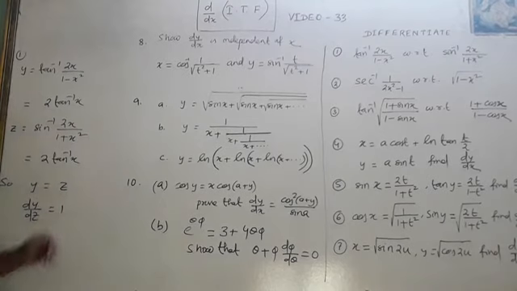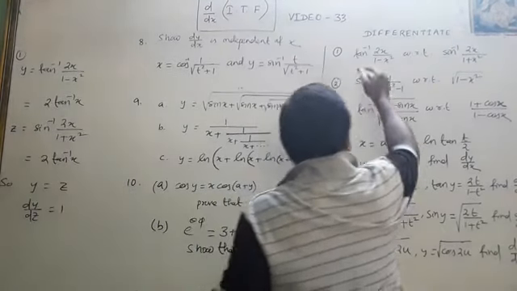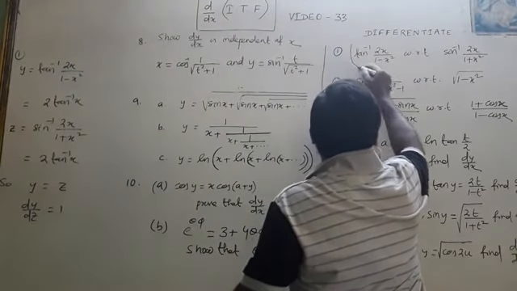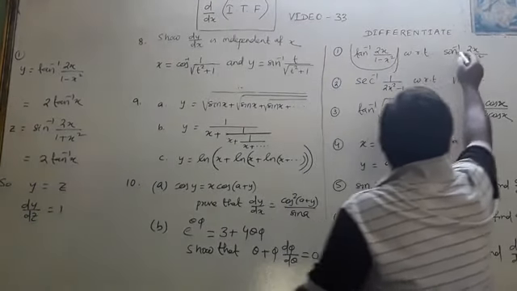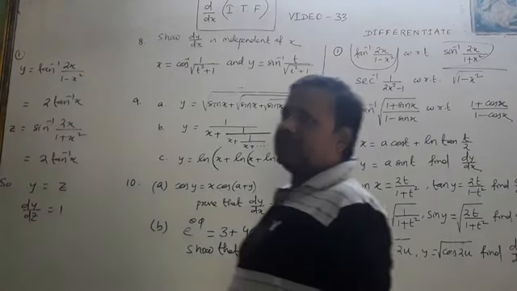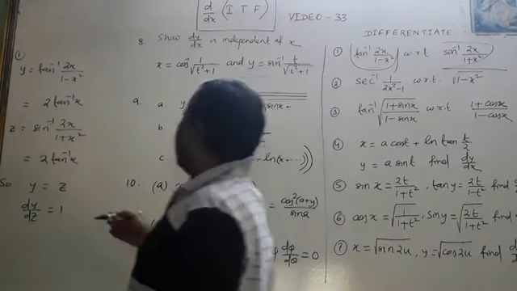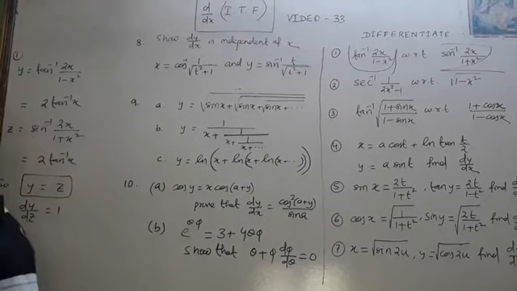If y is equal to z, we have to find the differentiation of this y with respect to z. Y with respect to z means we have to find dy by dz. Look here, y is 2 tan inverse x, z is 2 tan inverse x. Y is equal to z, so dy by dz is 1. Only a very simple 3 line problem. Okay.